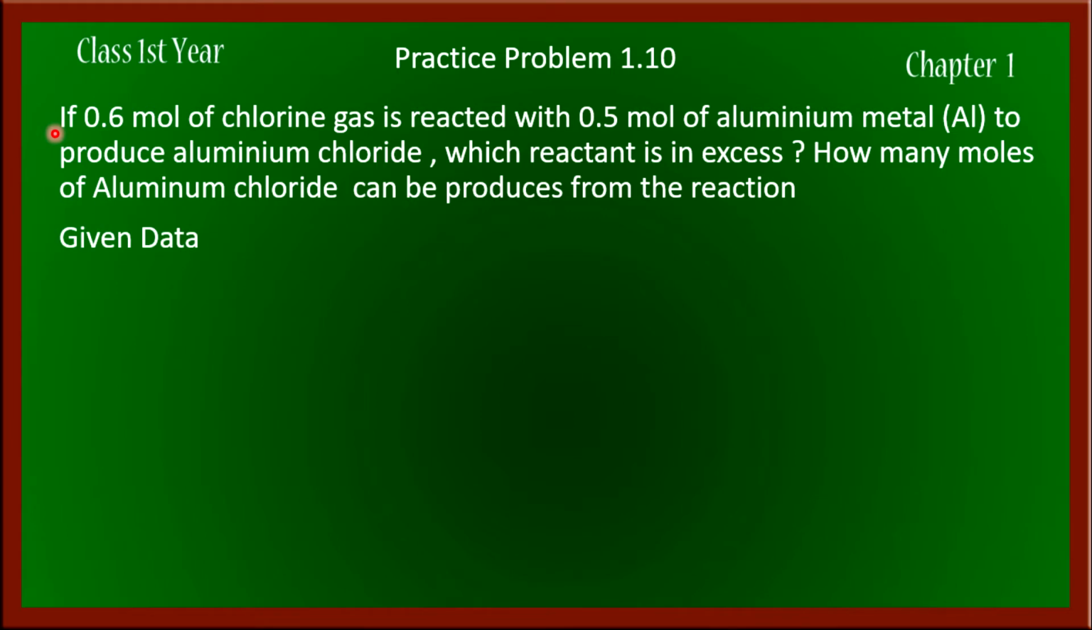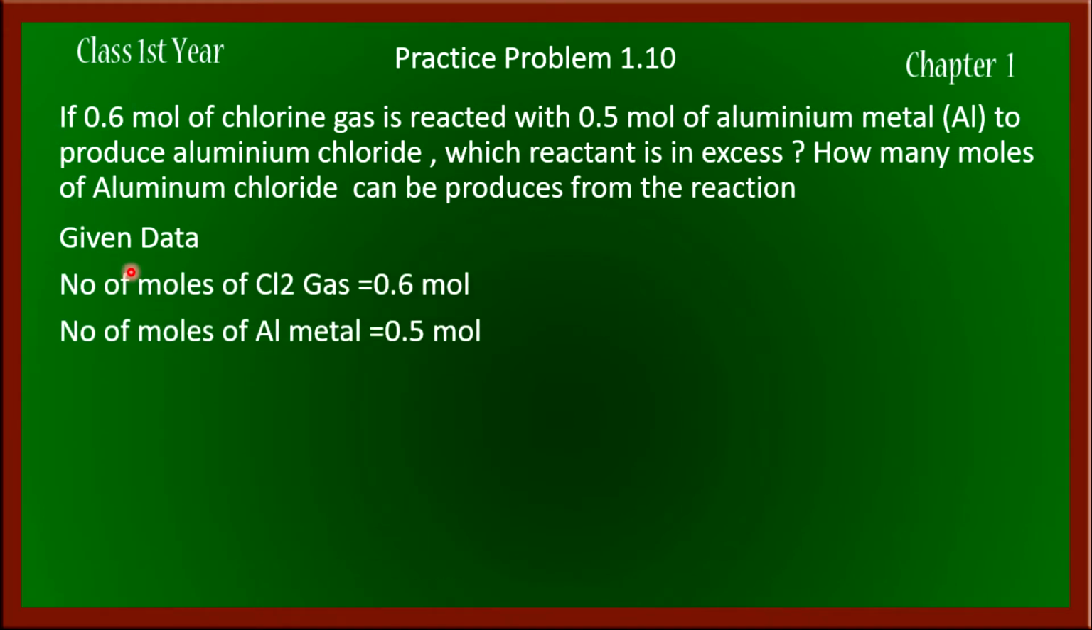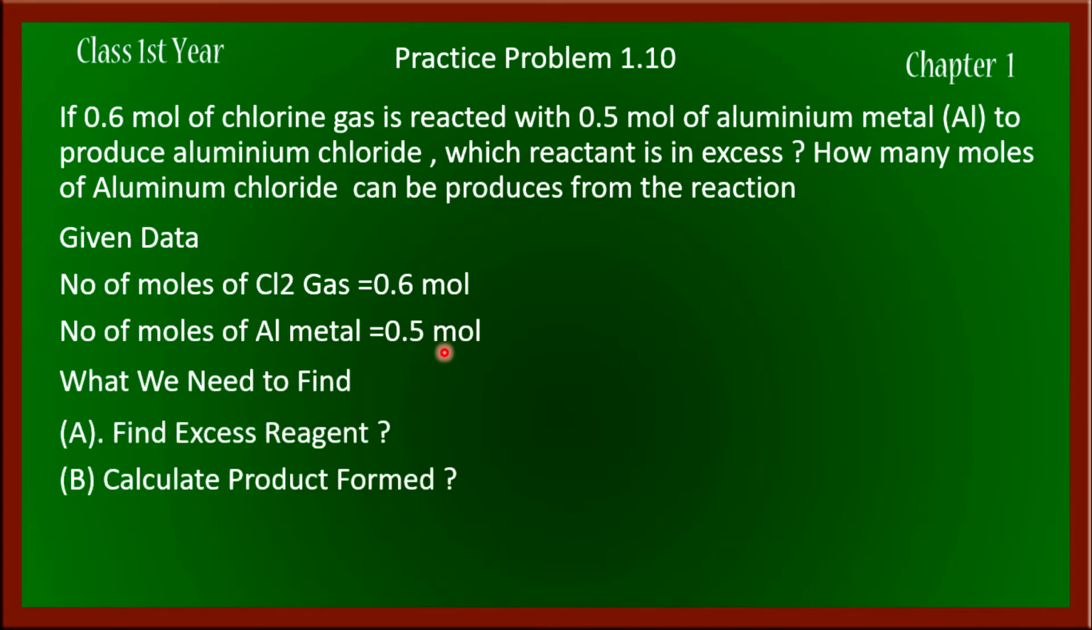Now, the data which is given to us in this question is the amount of chlorine, which is 0.6 mole, and the number of moles of aluminum metal, which is 0.5 moles. What we need to find, there are two parts in this question. First, we need to find which one is the excess reagent, and the second part of the question is about calculating